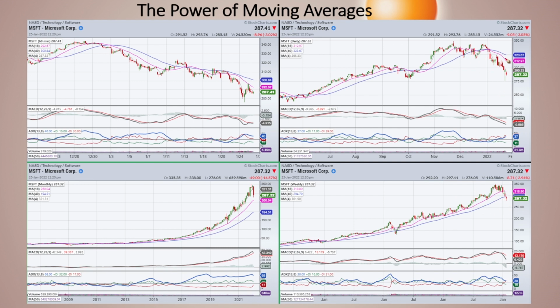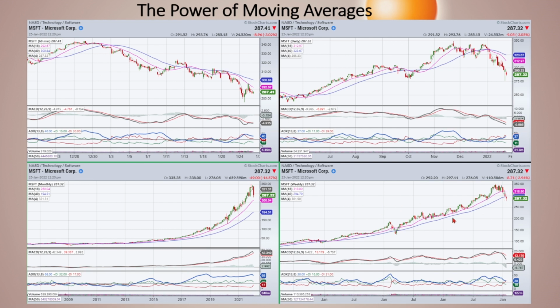If we go to the daily chart, now look, the daily 18 is here and price is way down here. We're starting to get stretched away to the downside. So while we got overbought on the monthly chart and we're trying to work that off to the downside, we're actually getting oversold on the daily chart. So you want to keep all of these in mind. This is why I like to have all 4 time frames up at once, because I can look at this and I can see, yeah, the trend is up, but it's overbought.